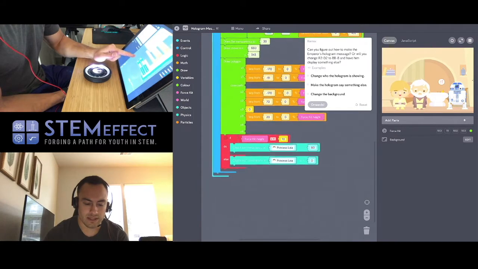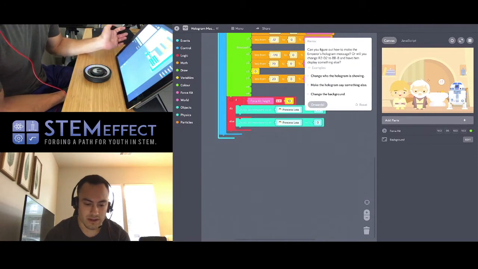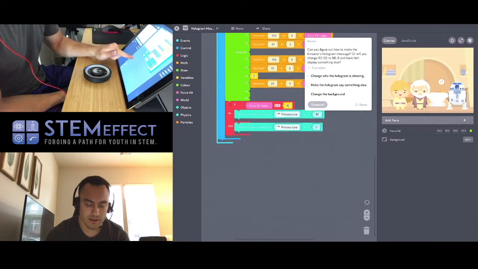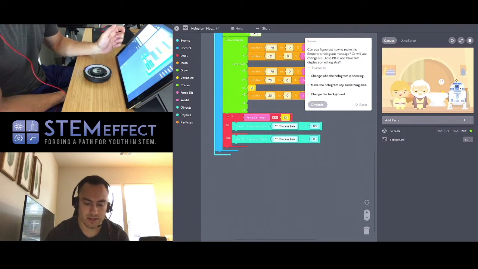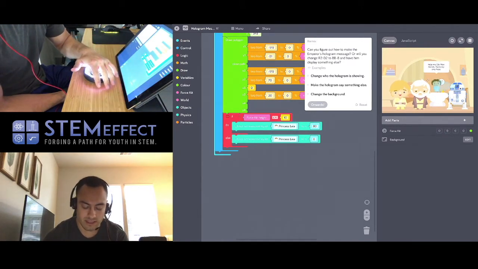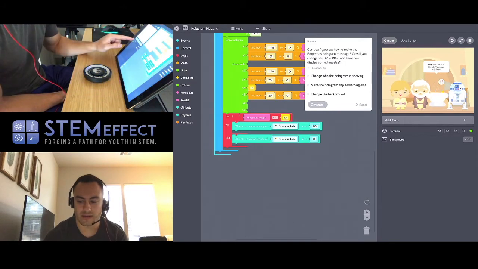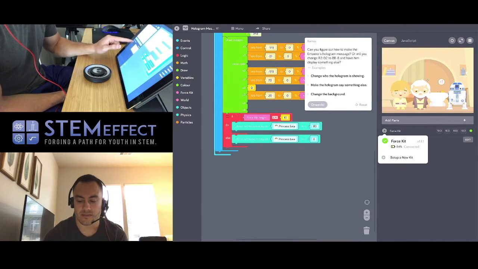And then basically this last little if statement says if your force kit height, or your hand away from the force kit, is less than 10, then we're going to set the transparency of Leia to 80%. So it's less than 10 right here. I don't know what technically 10 is, but oh, you can see, okay, so the height is over here. You can't really see it, but